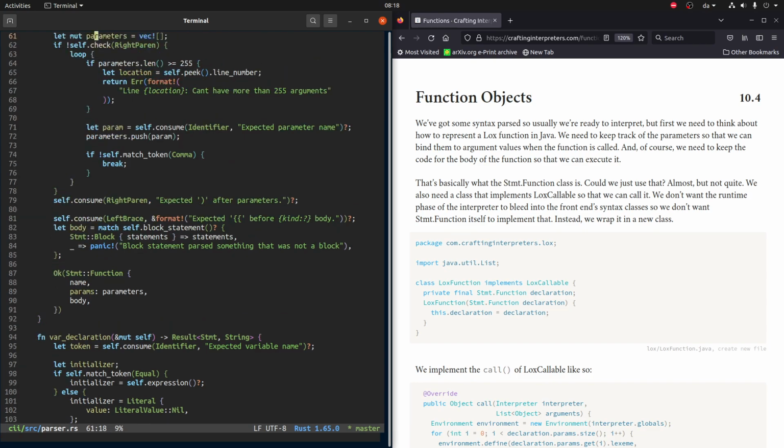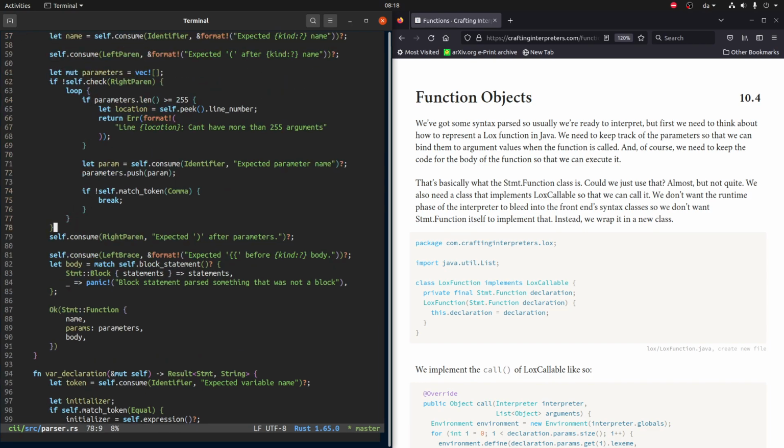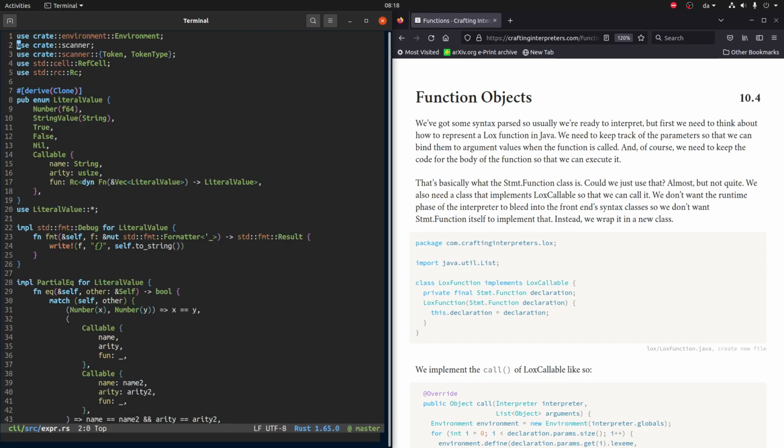So we are doing it somewhat differently. We have the expression here. We have this literal value, which is the values that our language has. And one of those is,